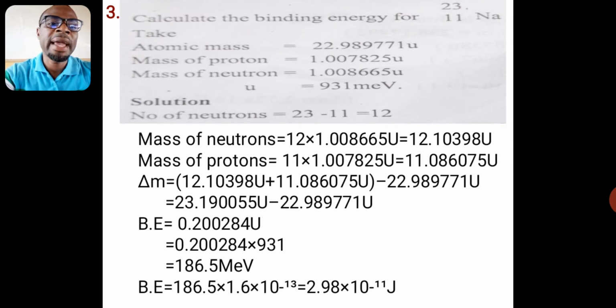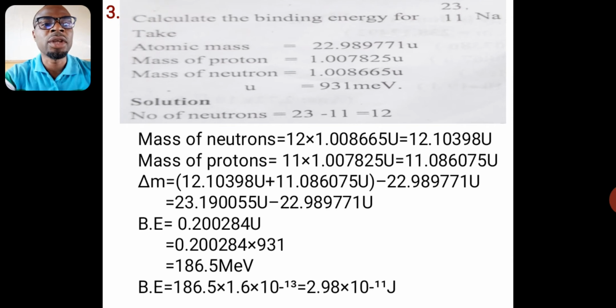Pay attention as we solve. We take the solution to that question. First of all, we need to get our number of neutrons, and to get neutrons, you subtract the atomic number from the mass number. If we do that, we have 23 minus 11, which makes our neutron number 12. So now let's get the mass of neutrons. The mass of neutrons now becomes 12 multiplied by 1.008665 U, and that gives us